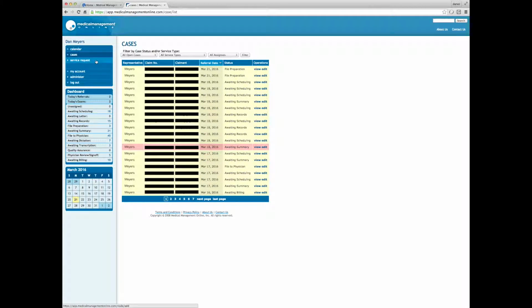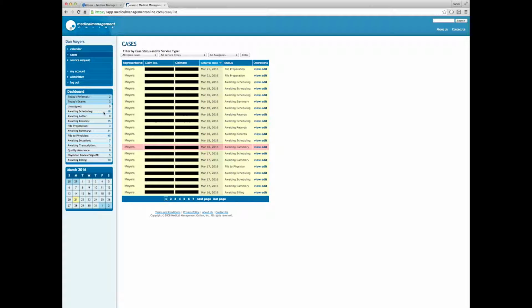And in looking at that, I want to just make a note here of this middle dashboard. Any case that you refer over to us, say for an IME, is going to go through this initial process. So it'll start out as a referral and immediately will go into an unassigned location. We will be alerted that a new referral has come over, and very quickly, within a day or less, that particular referral will move into an awaiting scheduling position. That's kind of the first step in the process where we begin to work on that referral